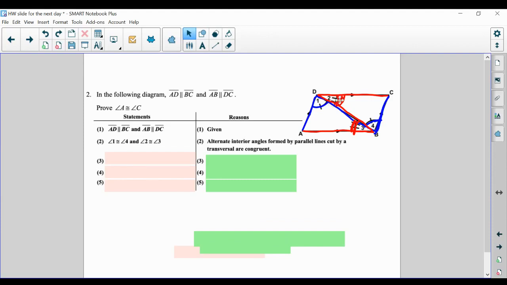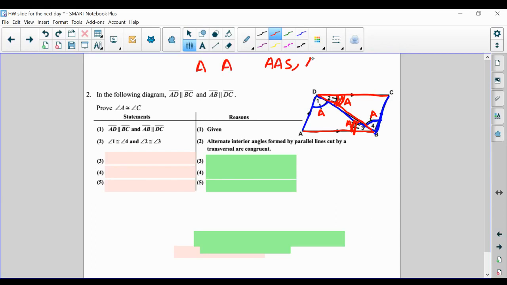Next, we have the angles already. Angle 2 and angle 3, they are angles. Angle 1 and angle 4 are angles also. So we have angle and angle. The 5 triangle congruency criteria are angle-angle-side, angle-side-angle, side-side-side, side-angle-side, and